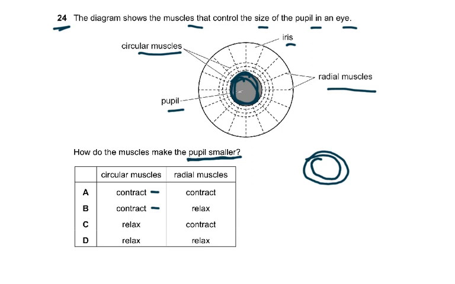I misread the question. So circular muscles will contract, but then the radial muscles can't contract at the same time, so they will relax. So that is why the answer would be B. Circular muscles contract and the radial muscles relax. Now it's going to be the other way around if you say the pupil becomes larger: then radial muscles will contract and the circular will relax. Muscles can only contract and relax. Please do not use any other word for it. Elastic tissue can stretch and recoil.